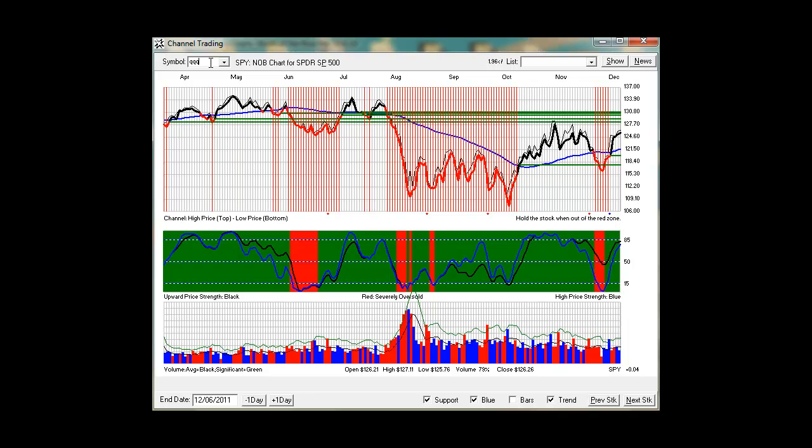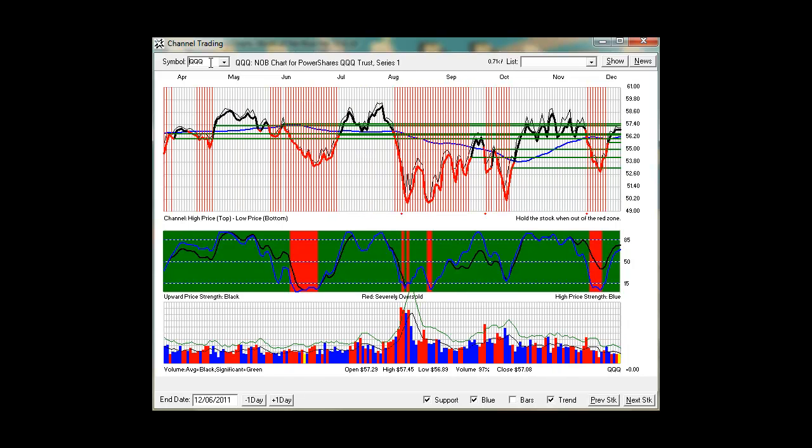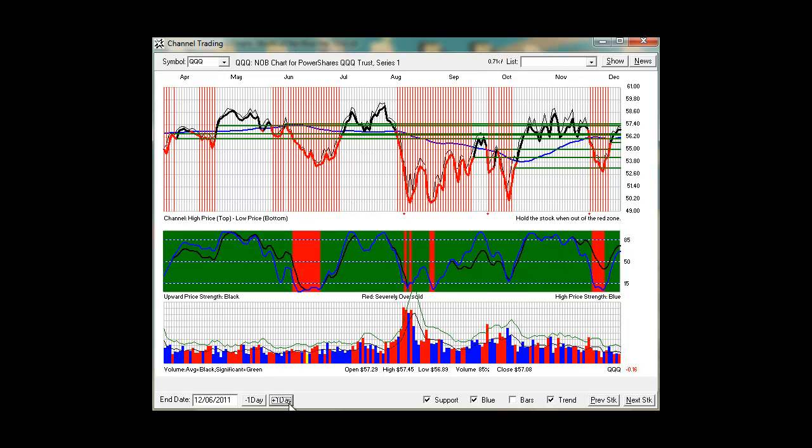And then on to the NASDAQ. We can see that the power lines have really flattened out right here. Volume at 85%, negative 16 cents today. But the resistance lines have been a lot lower than the other resistance lines in comparison to the blue moving average. There's only about a $1.20 gain to be had from the blue moving average to these very large resistance lines. And as we can see, it's not breaking through. So that was one of my fears, that when this did go north of the blue, that we weren't going to see a lot of upside. And as we can see,